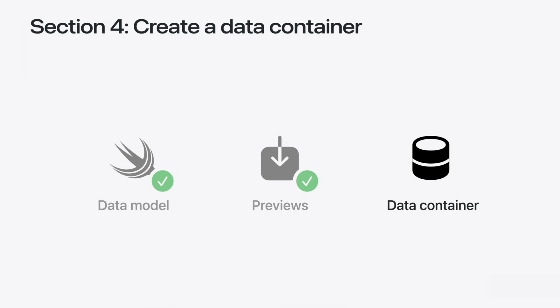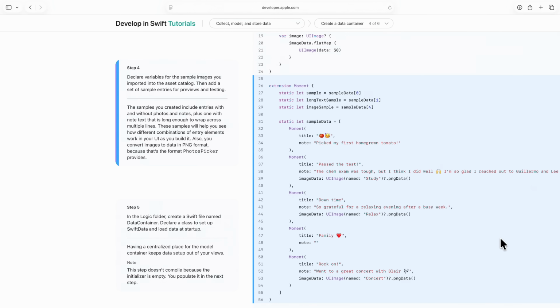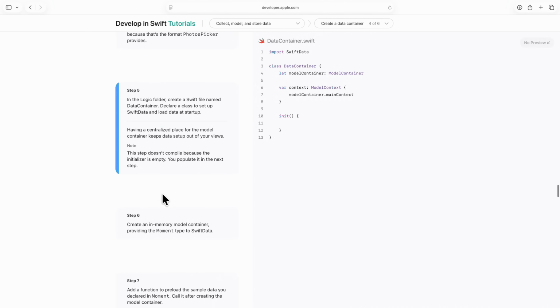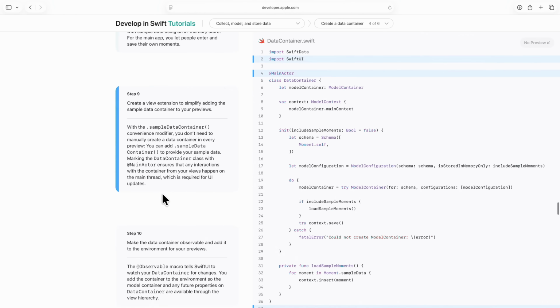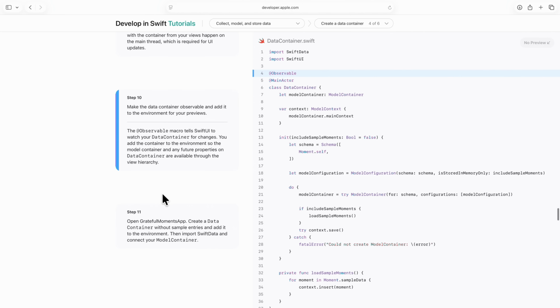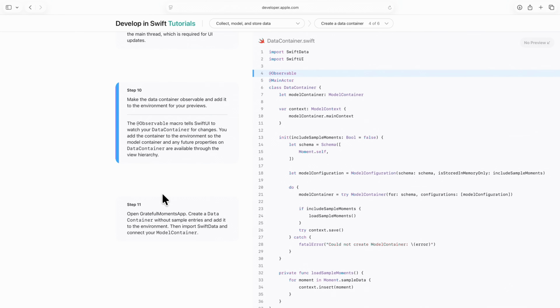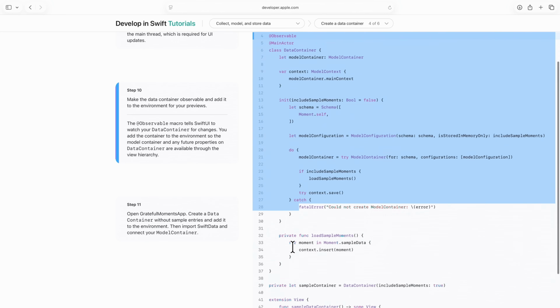Now, I'll create the necessary infrastructure to handle my data and connect it to the app. I will place it all into one file, ensuring the logic stays self-contained and easy to follow. I'll switch to the tutorial and scroll all the way down to step 10. Step 10 has the entire code for DataContainer. So I'll copy this entire file